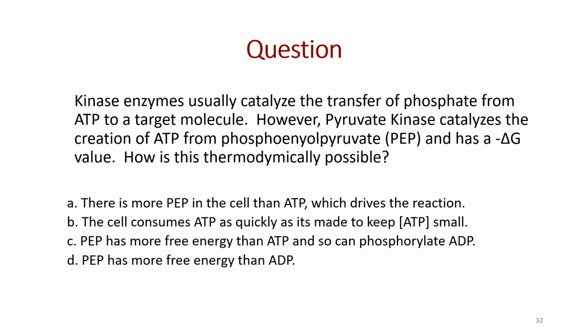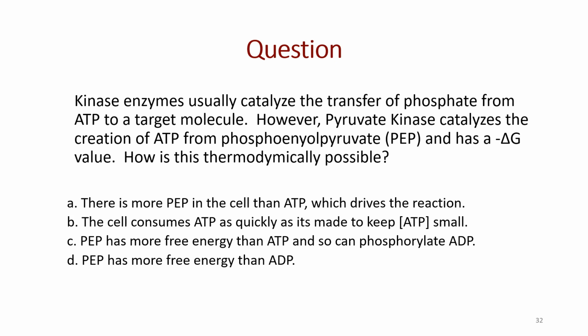Kinase enzymes usually catalyze the transfer of phosphate from ATP to a target molecule. All the time. You always see kinases like protein kinase A will bind ATP and put a phosphate on a protein. Or hexokinase takes an ATP molecule and sticks a phosphate on glucose. That's what kinases typically do. However, there is an enzyme called pyruvate kinase that actually catalyzes the creation of ATP using the molecule phosphoenolpyruvate, and